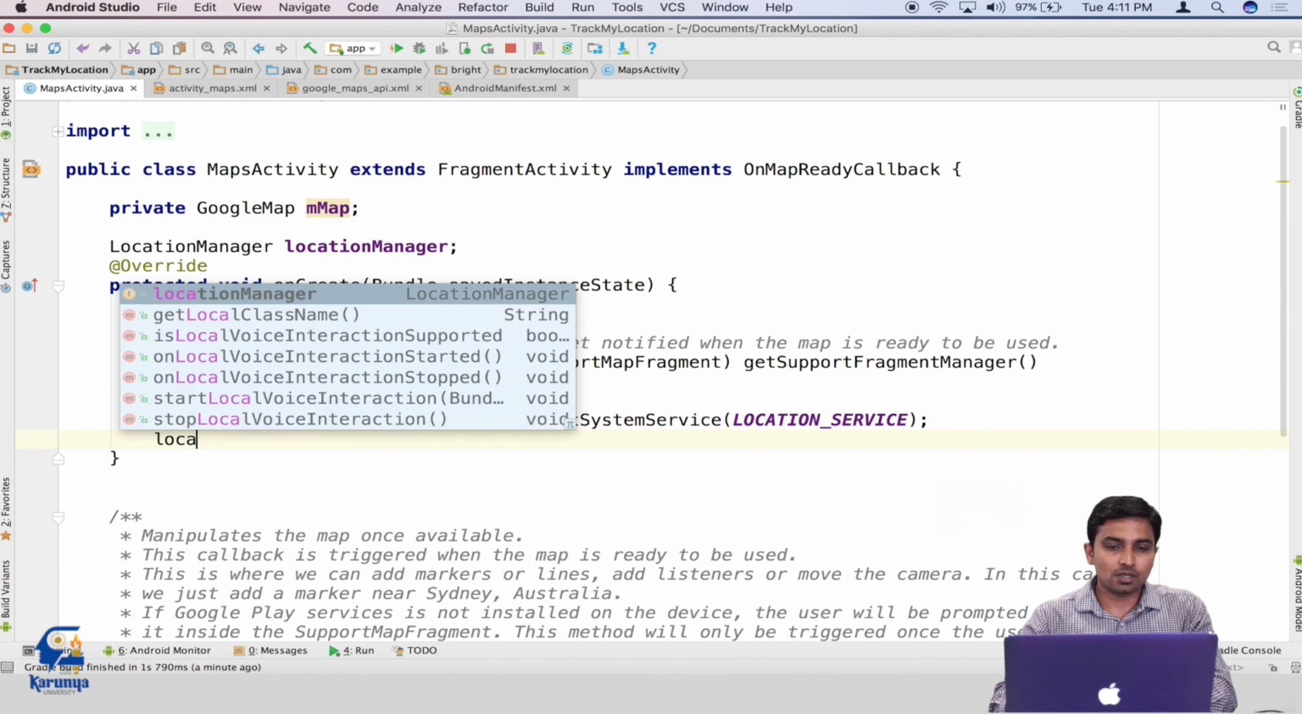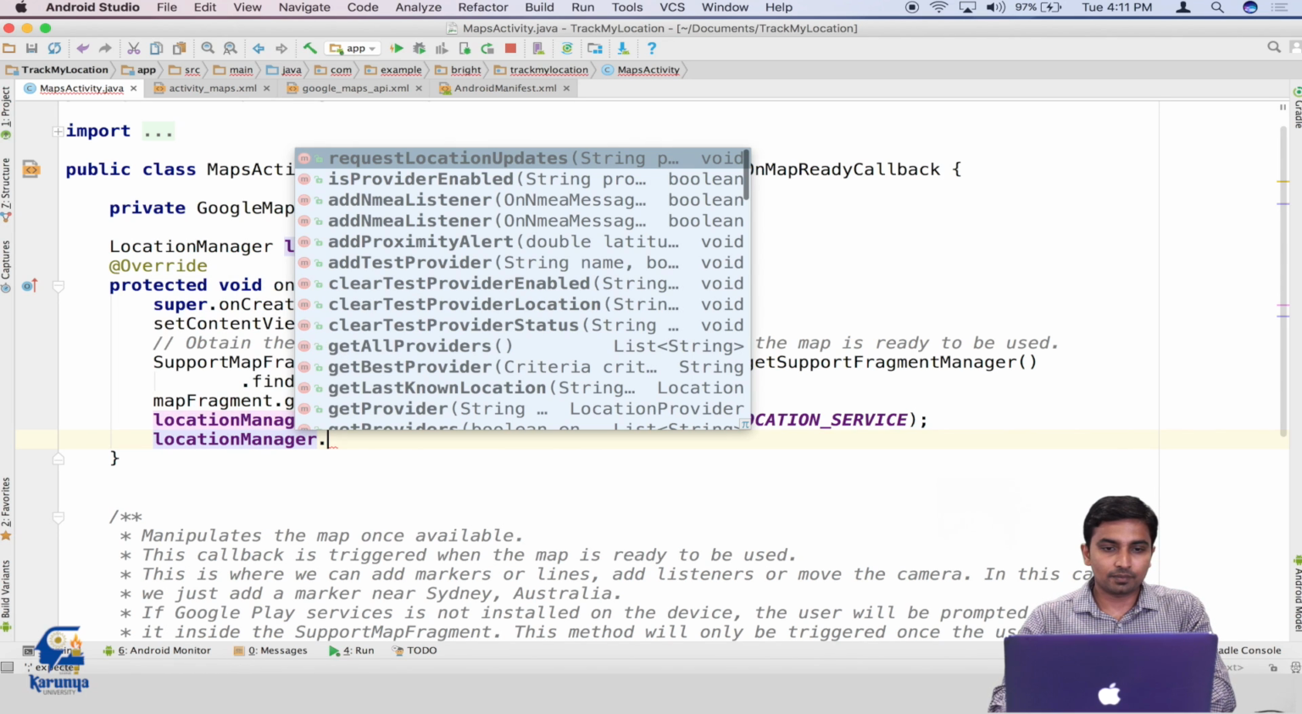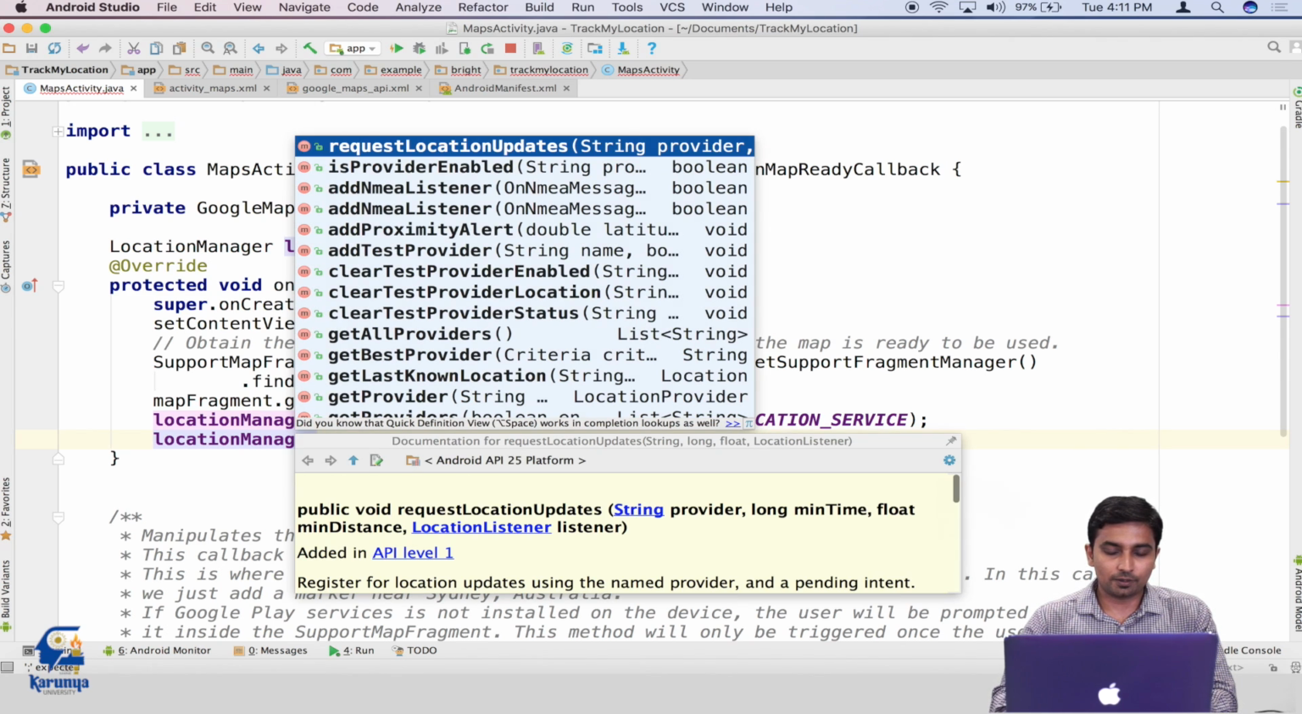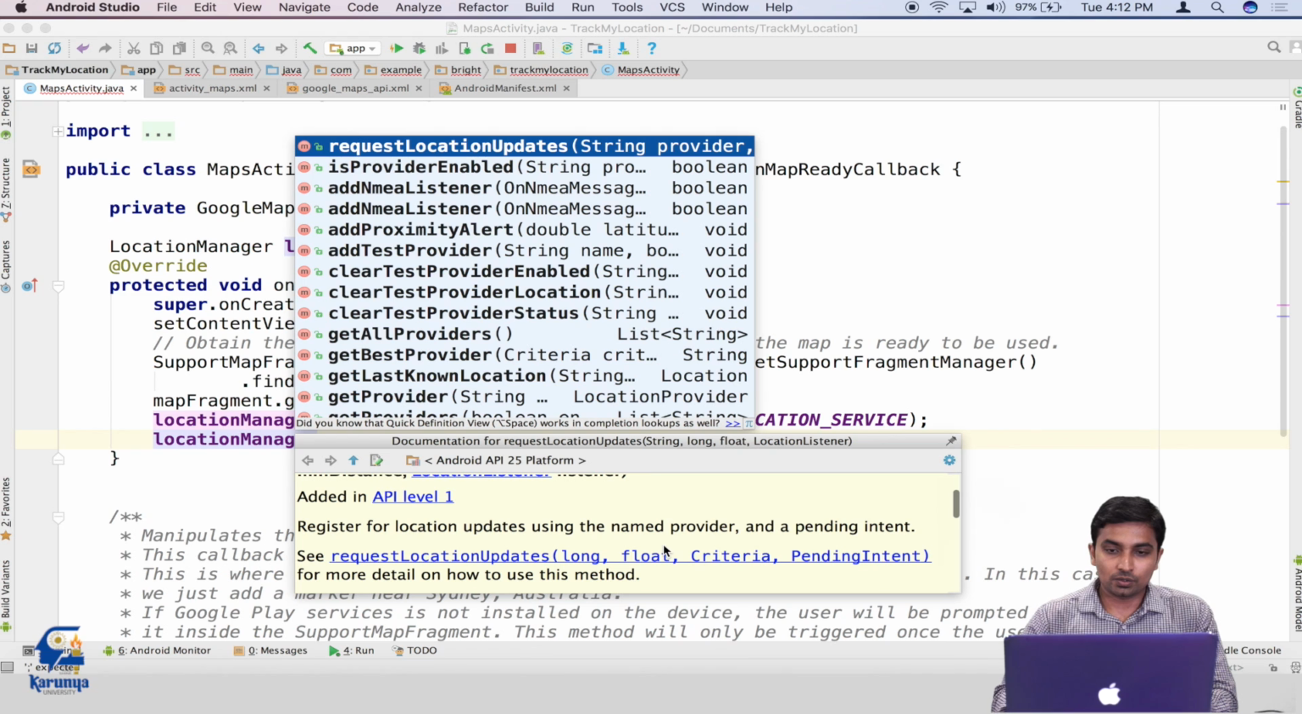Then through the location manager, we can request the location update by calling the method requestLocationUpdates, and see the documentation of that. So these are the parameters we have to pass. The first one is about the provider, whether it is network provider or the GPS provider, and what is the minimum time to update, minimum distance to update, and finally the location listener. So we are going to say that